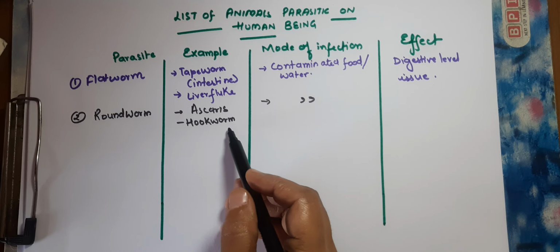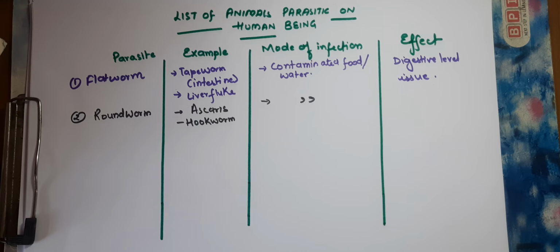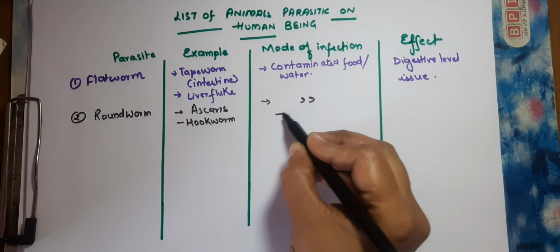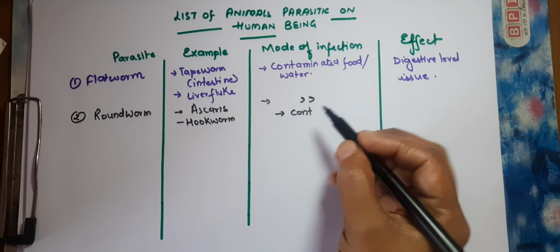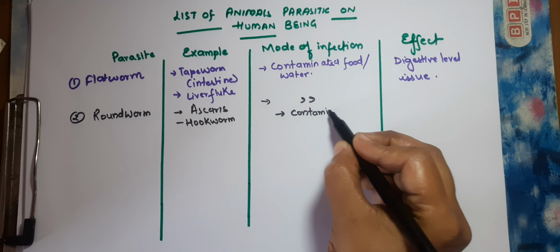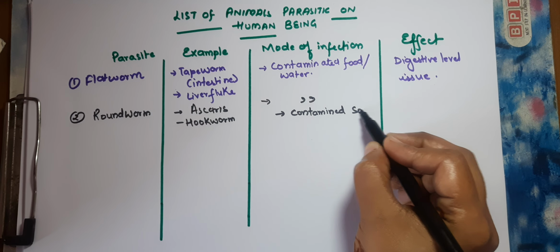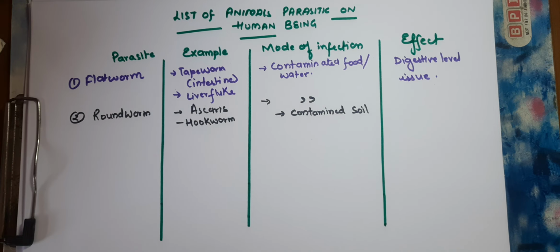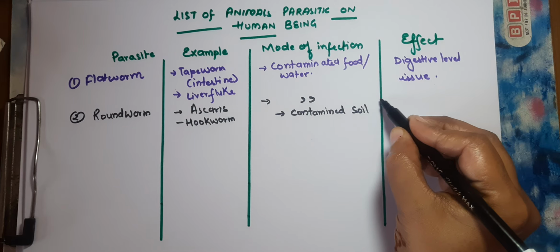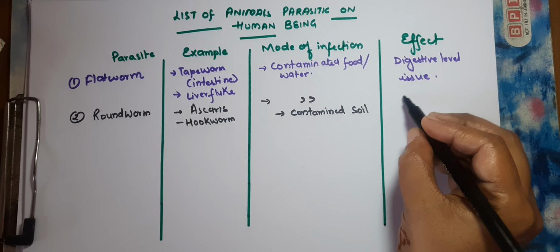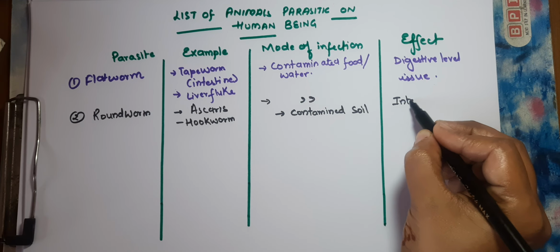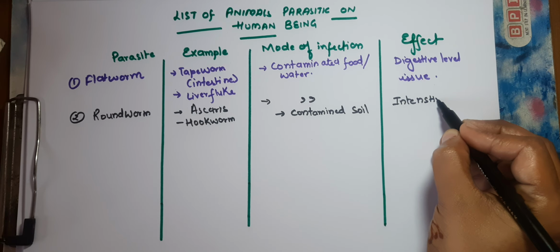Another example is the hookworm. It will also attach to the intestinal walls and feed on the blood, causing anemia. The hookworm can enter the human body through the skin if the human gets exposed to contaminated soil. So we understood that they will cause damage in the intestine by blocking it. So they will cause intestinal blockage,